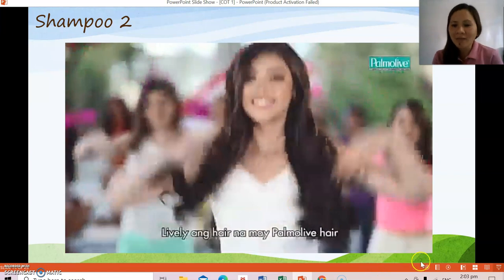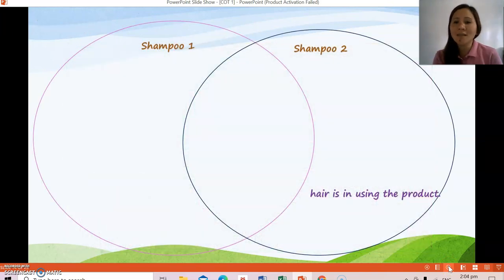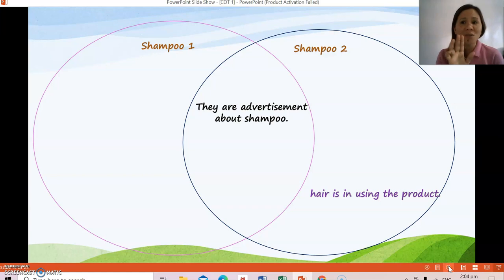Alright, so there you have it, guys. That is the advertisement of the Palmolive shampoo. Okay, so now what we're going to do is compare and contrast the two advertisements. Of course, we are going to focus first on the